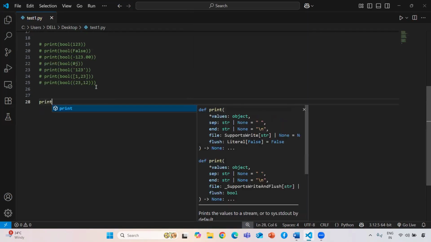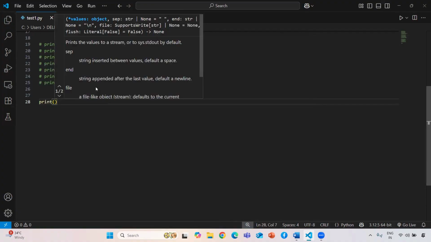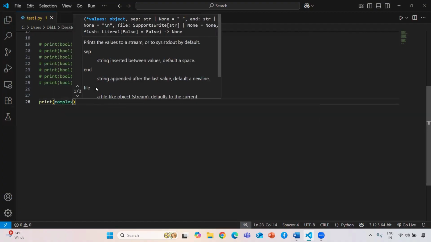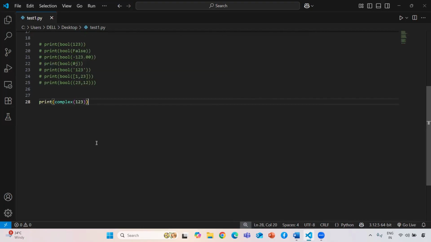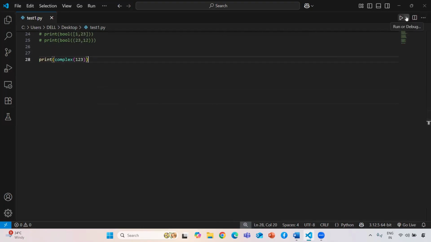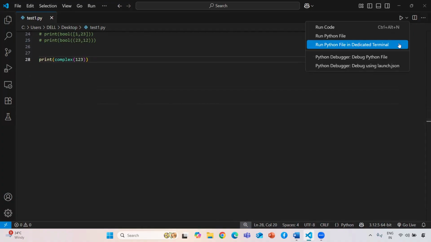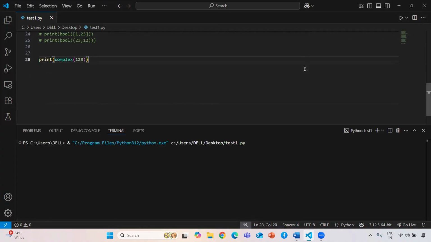Now we are going to check it once. To achieve that, we are going to use the complex method. Inside that, if I am passing 123, it is an integer value. Now if I convert, it will give me the output as 123.0j